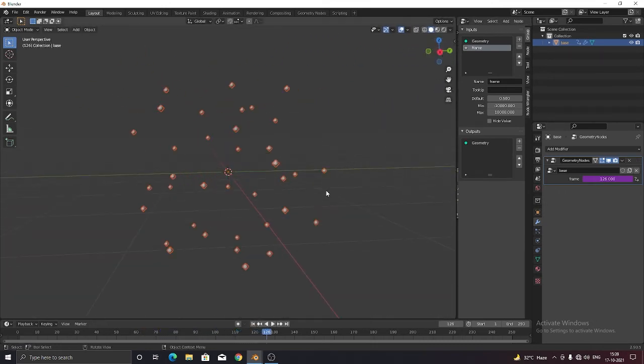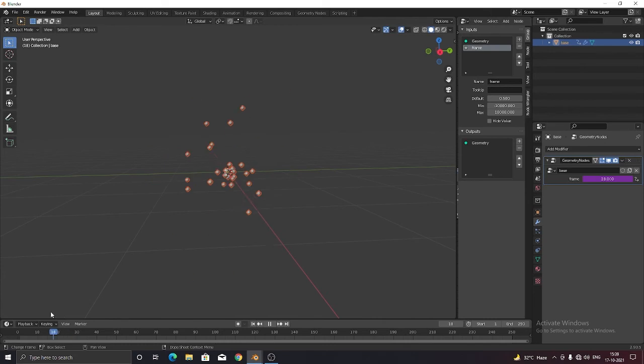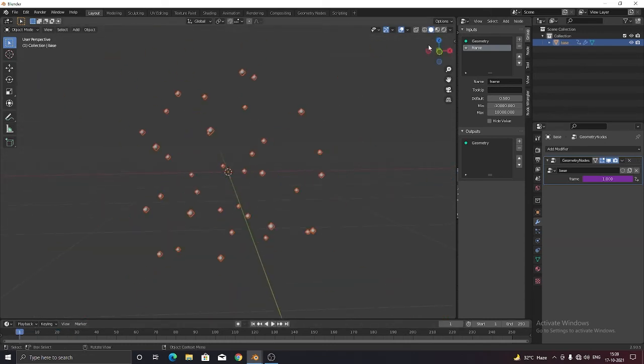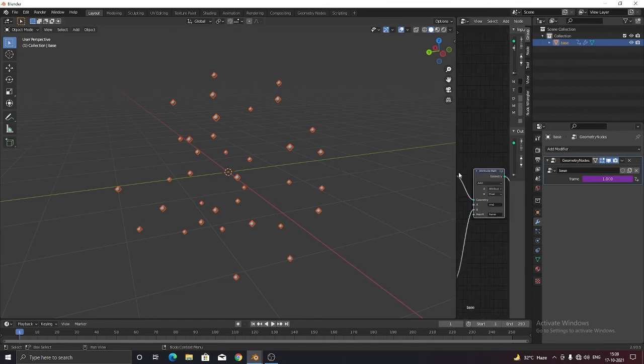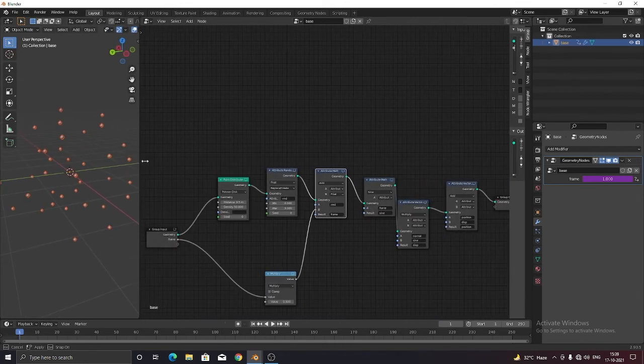But the speed is too high. So I created this from the geometry nodes with the help of only the point instance nodes. Now you can see that.